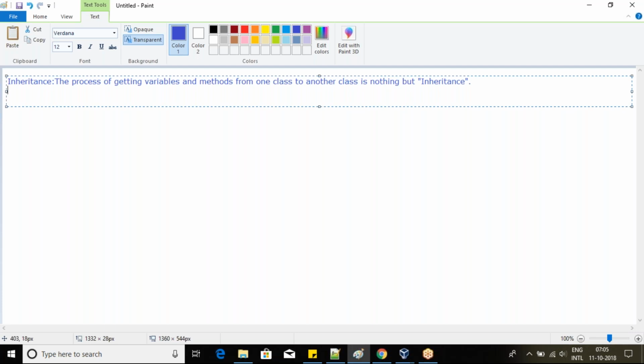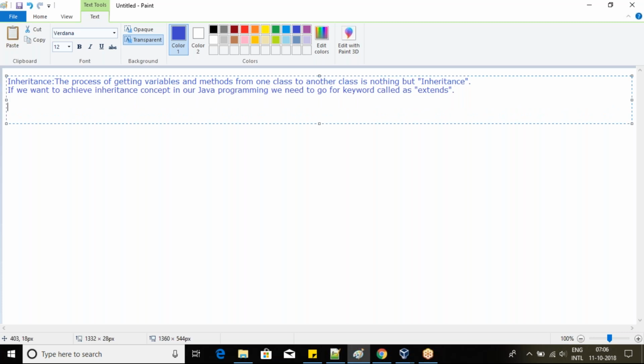And one more thing is, if we want to achieve the inheritance concept in our Java programming, we need to go for a keyword called extends. For example,